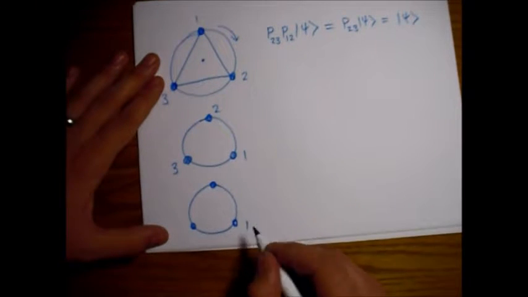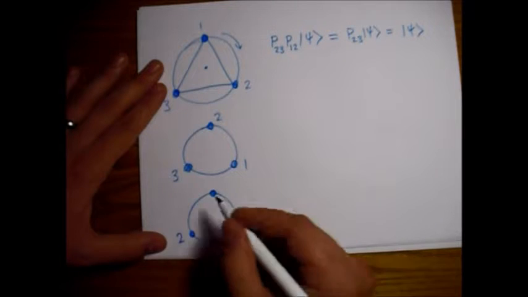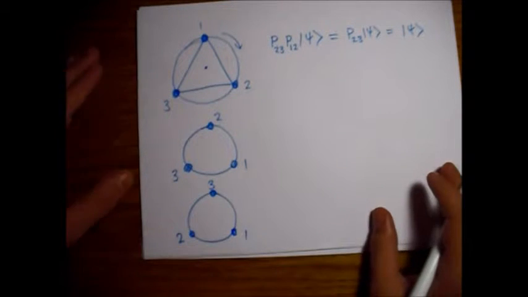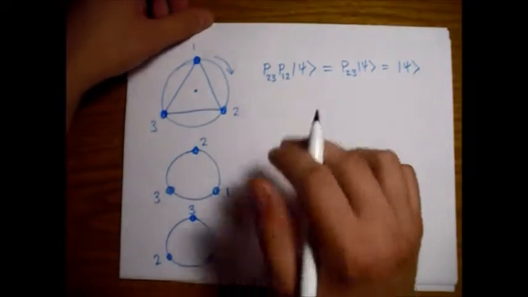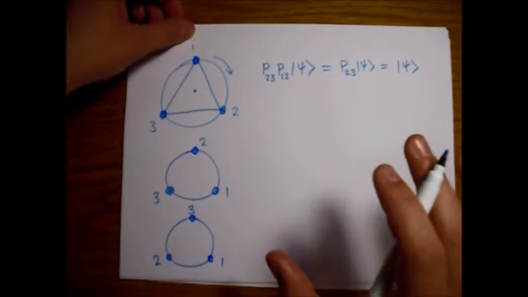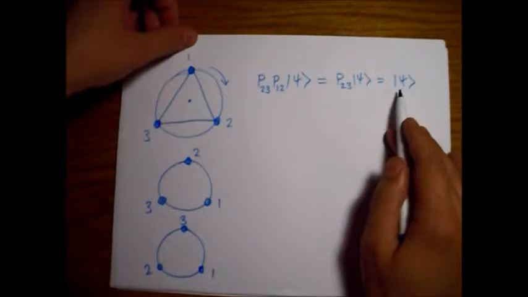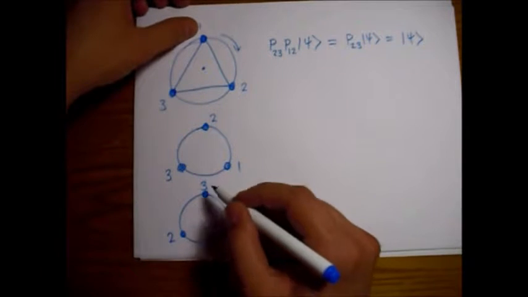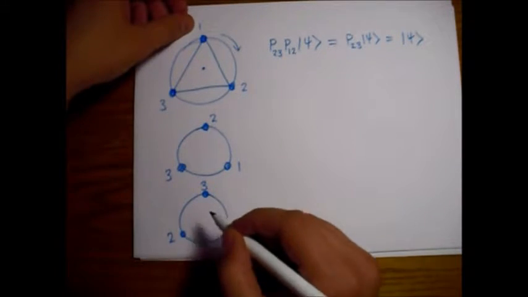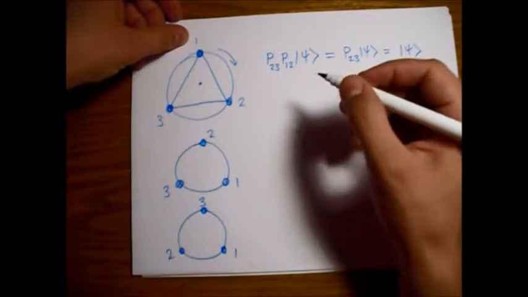So now 1 stays here, 2 comes down here, and 3 goes up here. The reason we use 2 of these is just to show that the wave function is unchanged under these 2 permutations, which is identical to the case if we had rotated this by